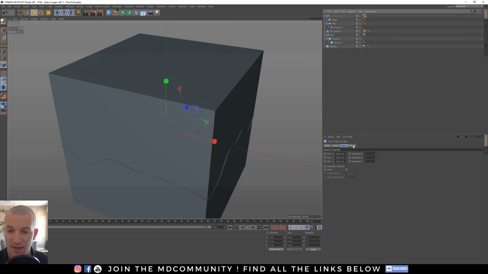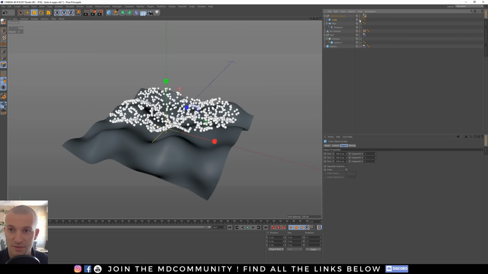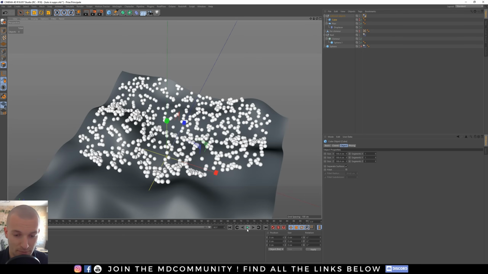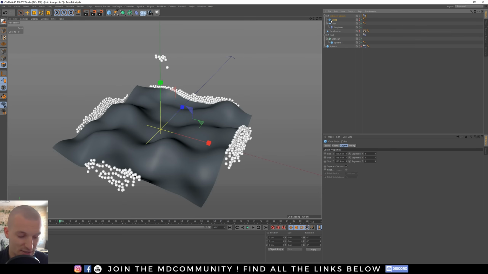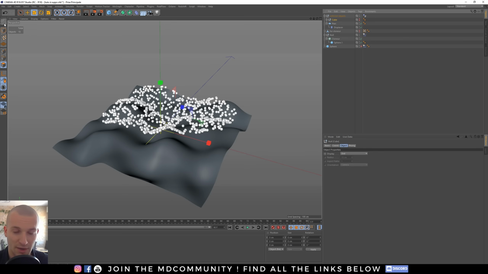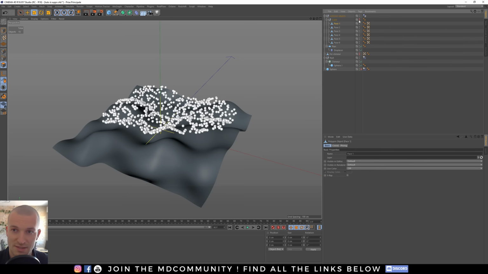This cube, I will hide it from my render and from my viewport, and I have to edit this cube. So I click here, I hit C, and now I have separate faces.